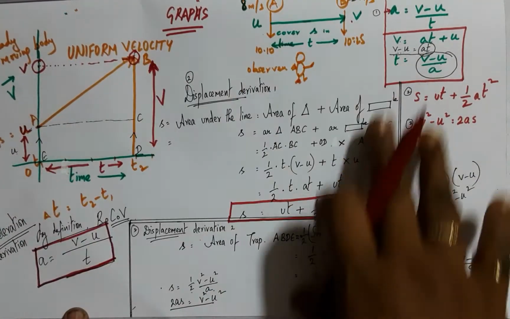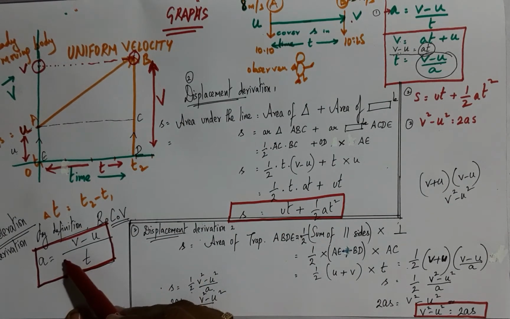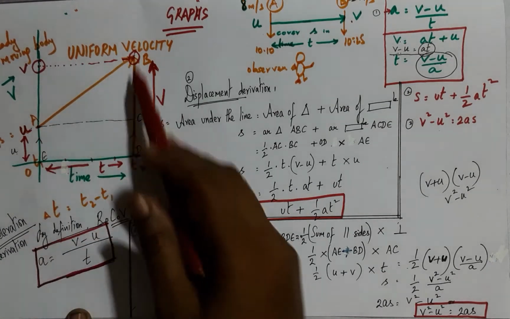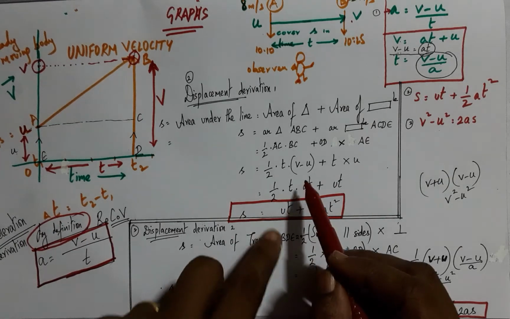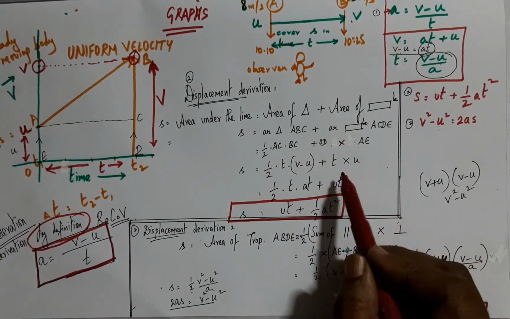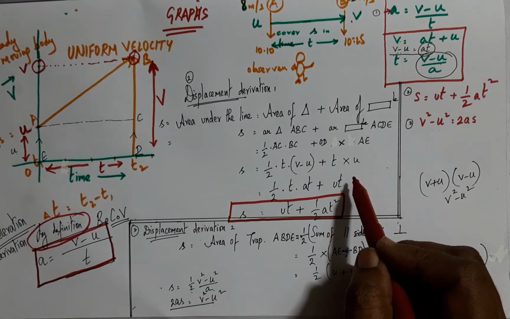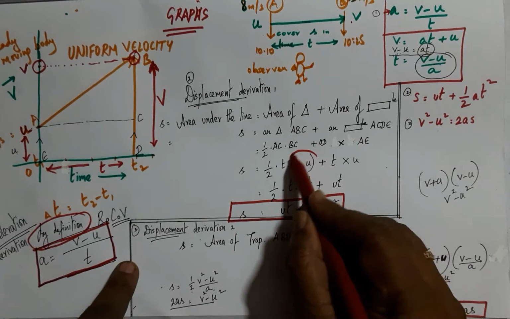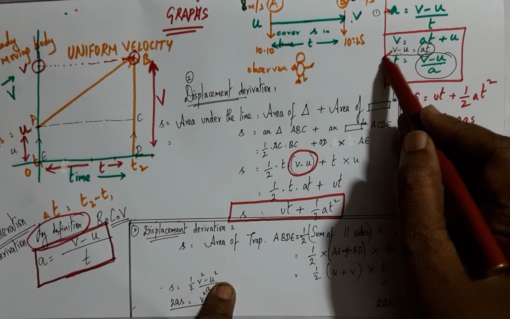So let me sum up this entire graph and study of these three cardinal equations of kinematics. This equation has been derived from the graph with the help of the definition itself, and here we have the areas of the triangle and the rectangle, and all we have done is just replace the value of V minus U in this equation,